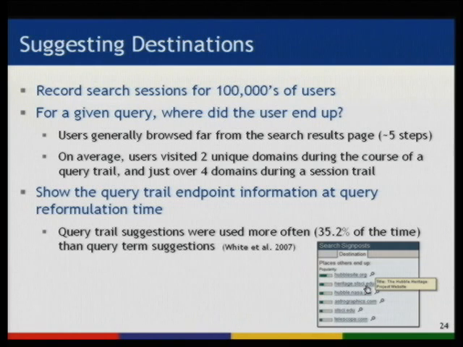And they actually found that that was quite effective, and these were used more often than standard query term suggestions, and they had, in a large number of cases, high satisfaction scores. So this is really using user behavior to go beyond the standard query term suggestion, to, in a sense, try to read people's minds and what people, in the general case, try to do. It only works for queries that are really common, however. So if the queries vary a lot, you don't really know what the right trail is to show.